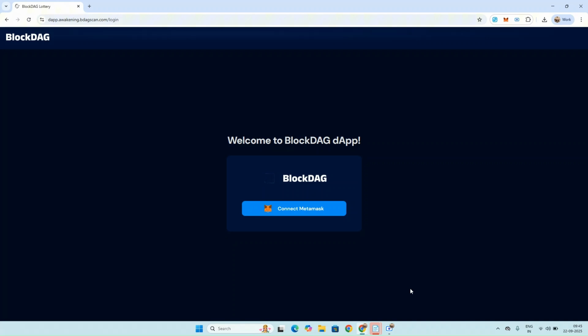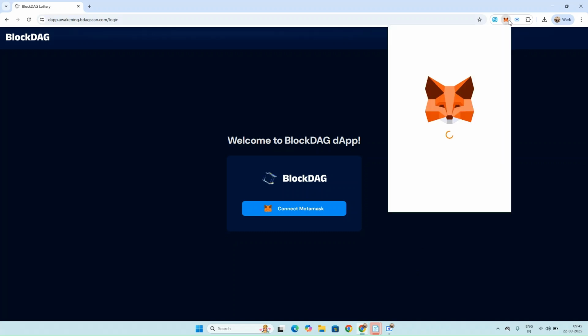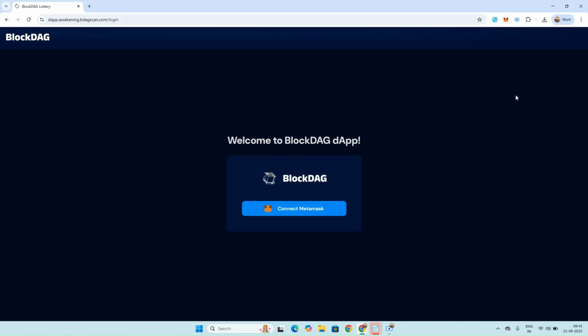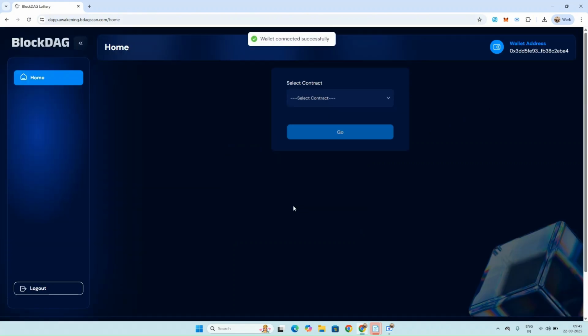So let's get started. In order to use the platform, make sure you have MetaMask installed and connected with the right chain, and that you have a sufficient balance within your wallet address. Then make sure you click on the MetaMask button when you open the URL. Once you click on it, it will automatically connect to your wallet address and redirect to your